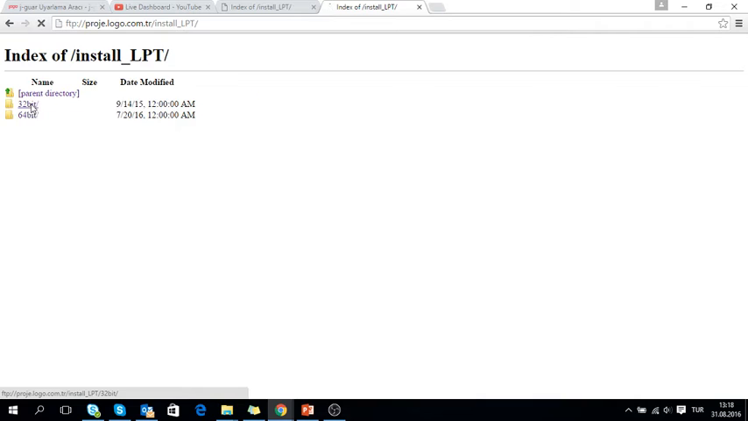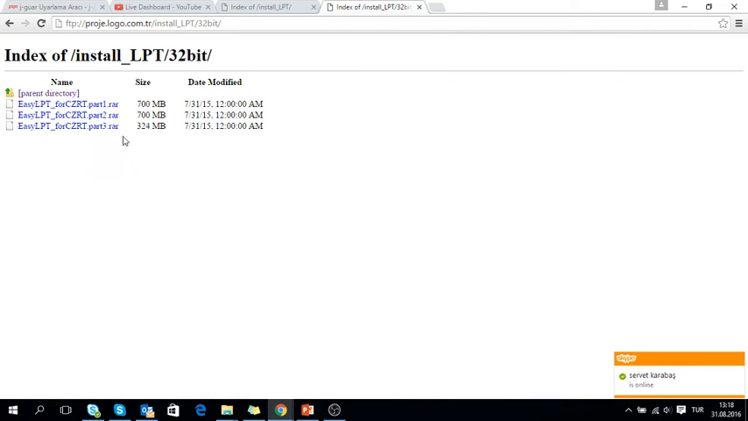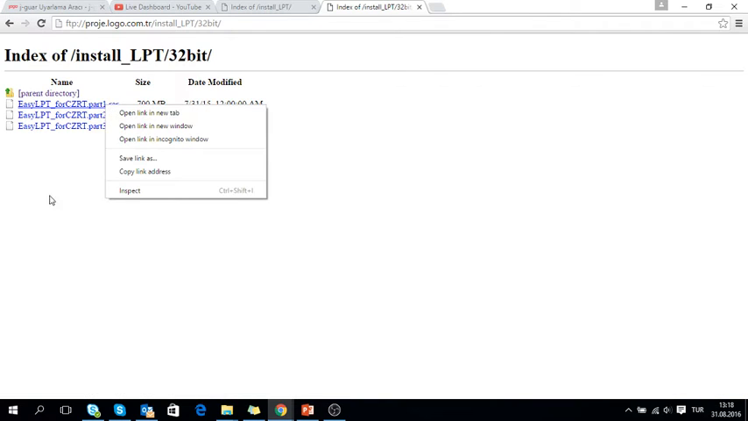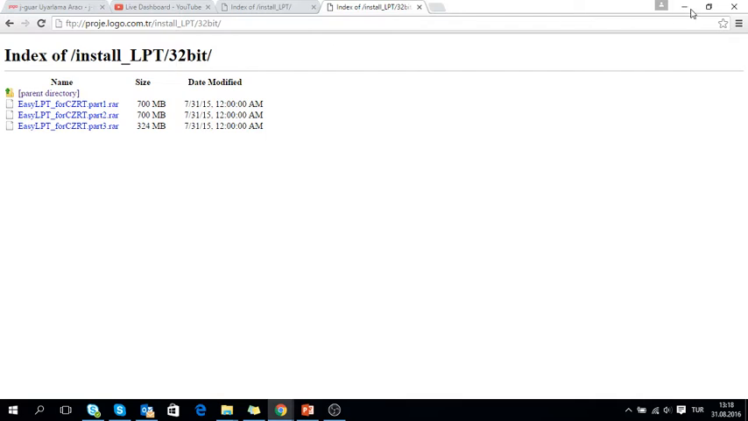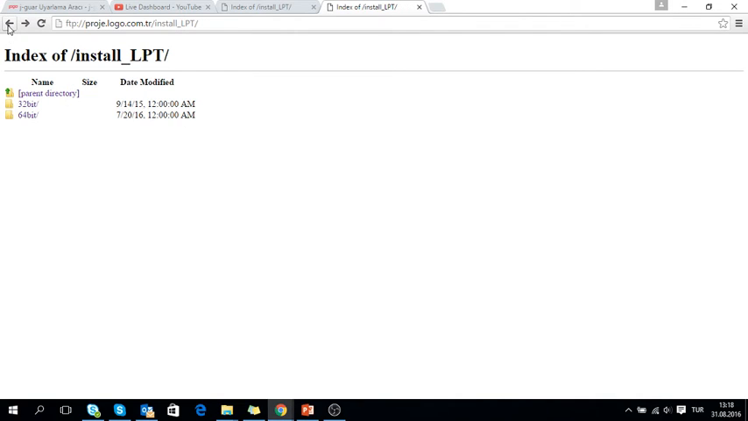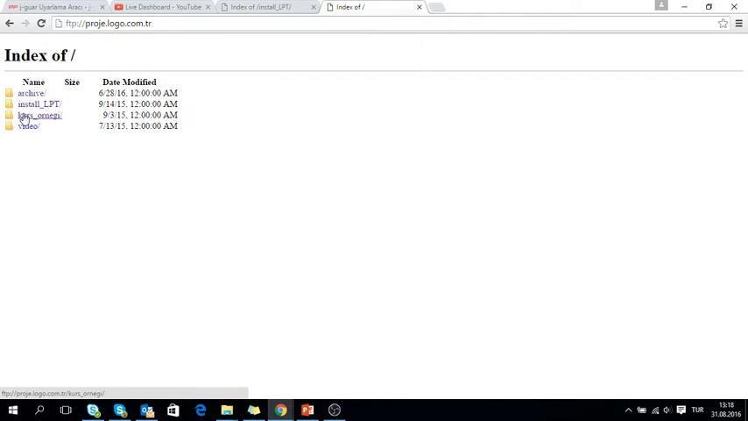If you click on the 32-bit environment, you will see this easy LPT for customization environment, and it has all the files that you need for your customization. So you can just download and extract these files in your C drive. I have done this download before just to save time, but you can easily download these files in the C drive. And if you come to the parent directory,